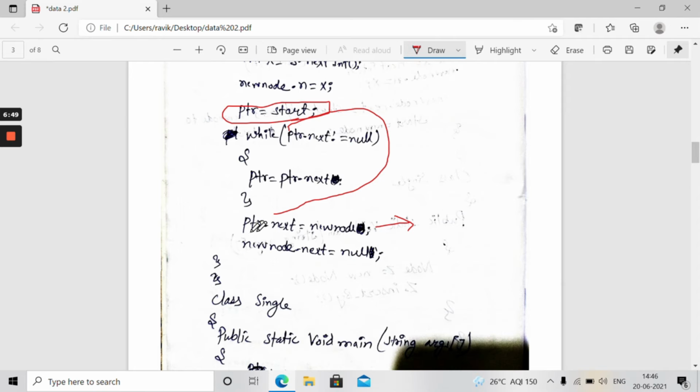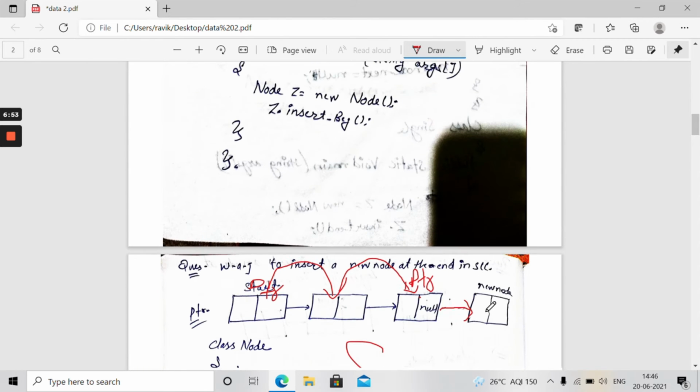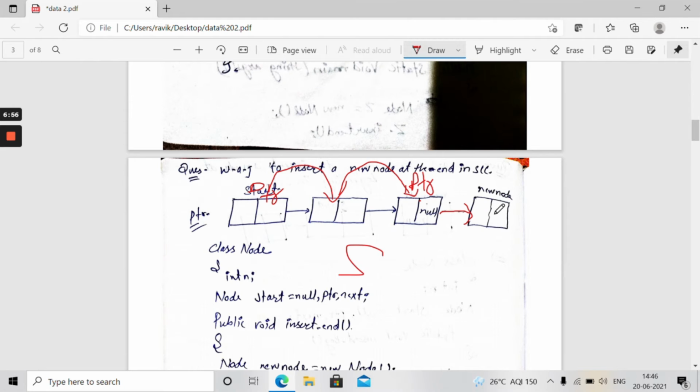After that, guys, you can see newNode.next equal to null. We also have to declare that the address part of the last node is null, because there is no other node behind it. So you can see null.